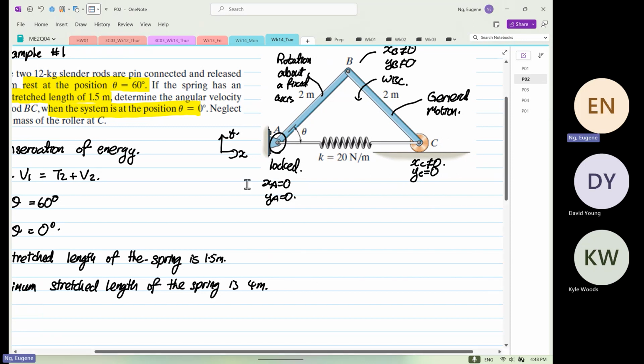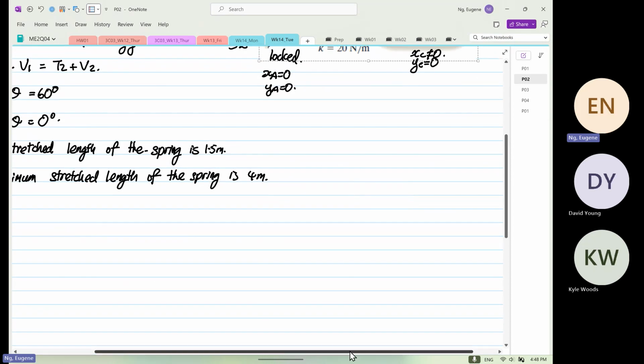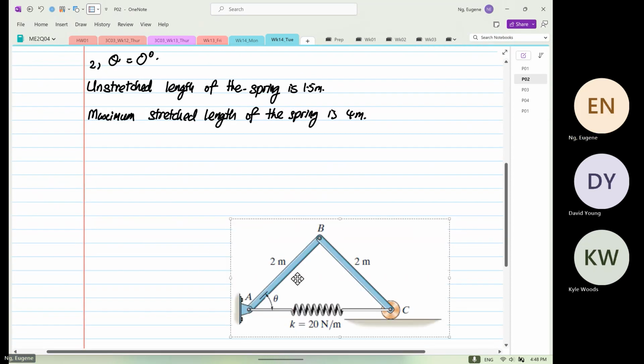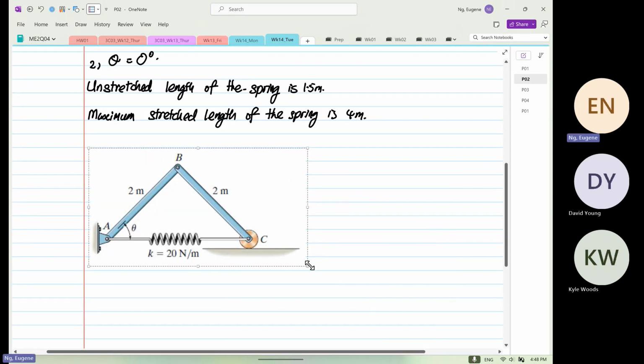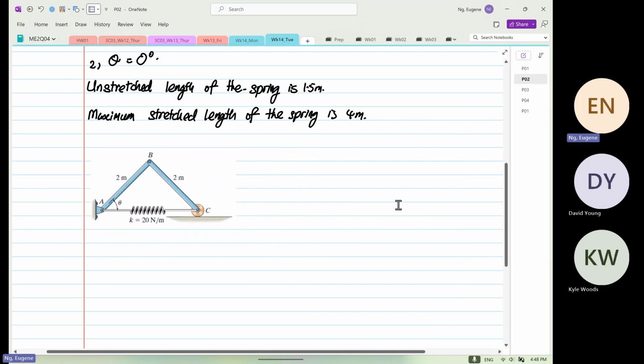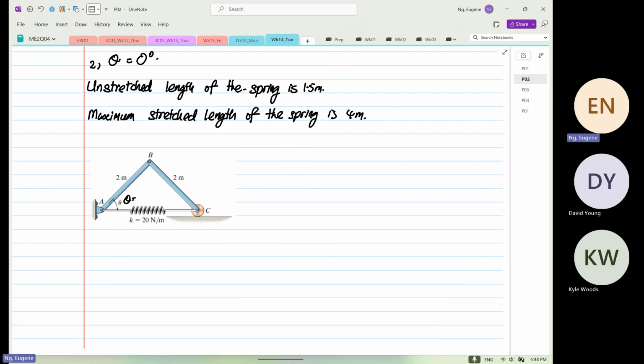Let me get this diagram clearer to you so you can see. If you could visualize when theta is equal to 0, this entire system, so this is point A to point B, and then this is